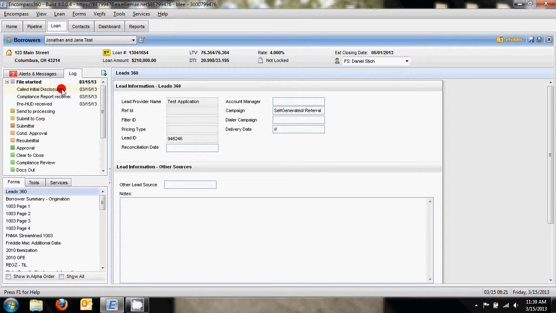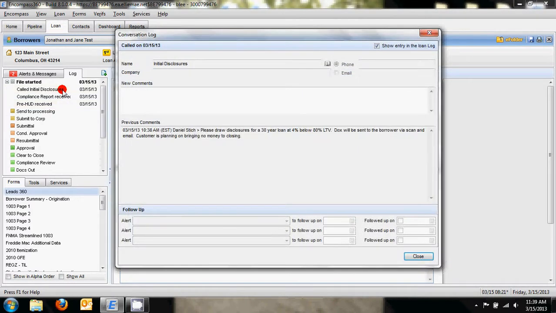One should be a log comment for disclosures. Another one should be that there should be a pre-HUD that has been received into the file so that you can check those costs. When you actually click on the disclosures, which is one of the first things you should do, you should have a comment in there from the mortgage banker describing exactly what should be going on with this file. So in this example, please draw disclosures for a 30-year loan at 4% interest rate, below 80% loan to